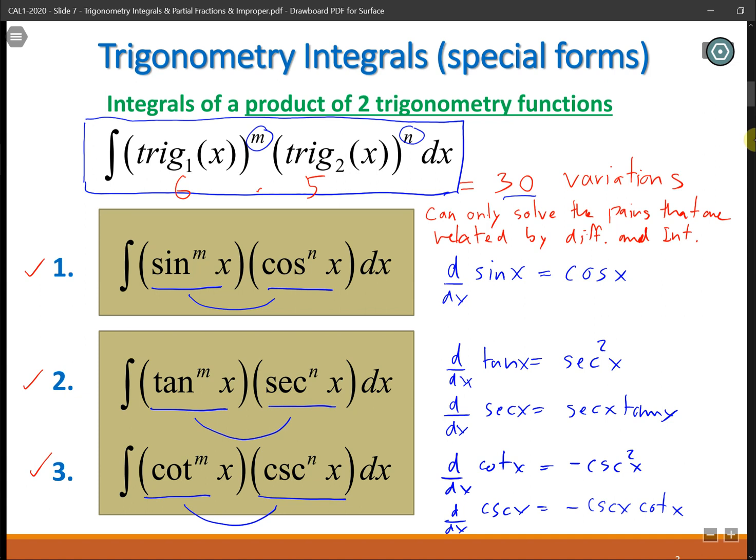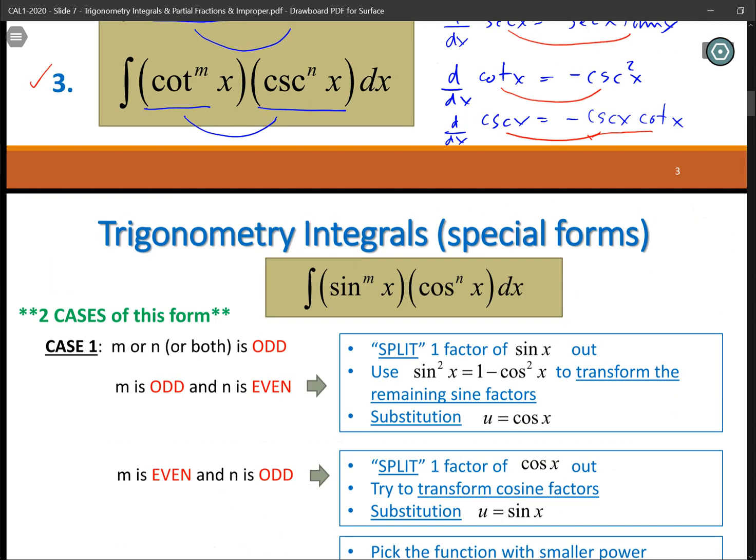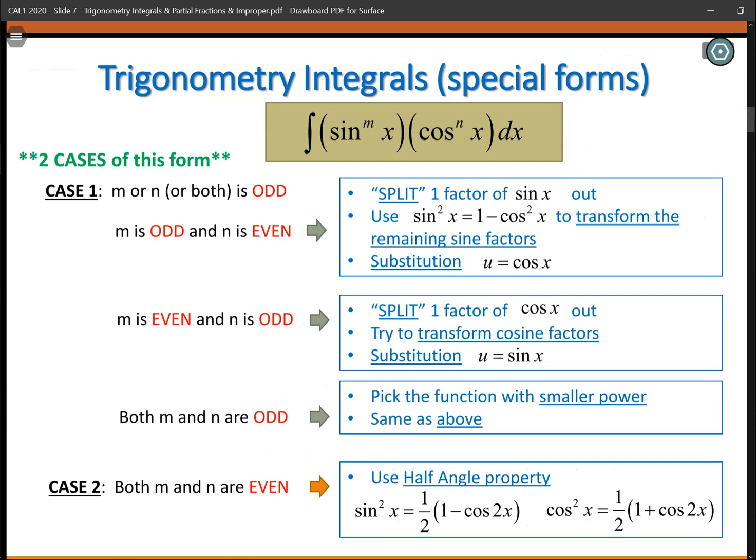You can see the relation between them: sine and cosine, tan secant, secant tan, cotan cosecant, and cosecant cotan. Alright, so in this lecture we are going to look into only three variations: sine cosine, tan secant, and cotan cosecant. Now let's take a look at the first one,